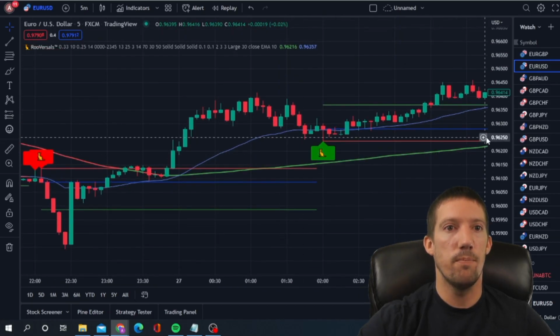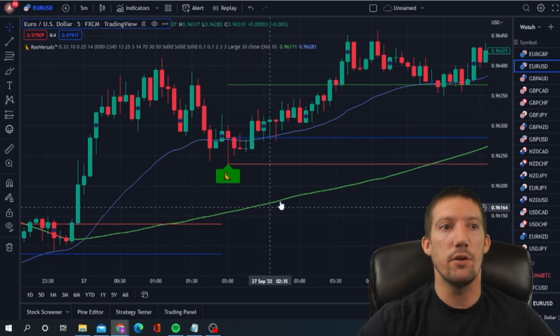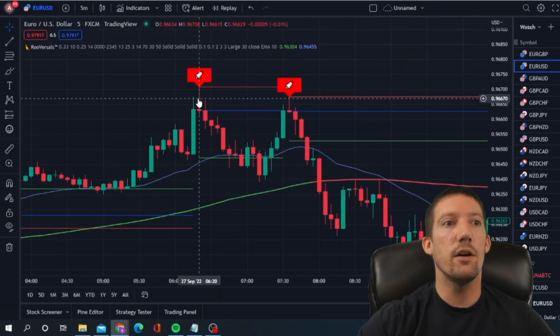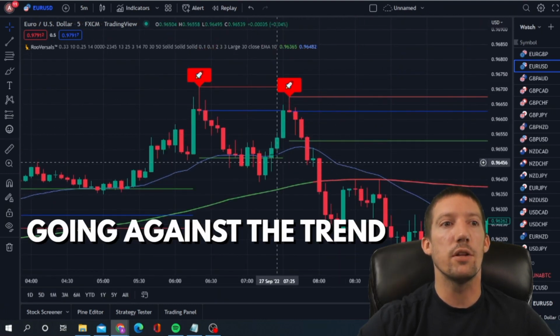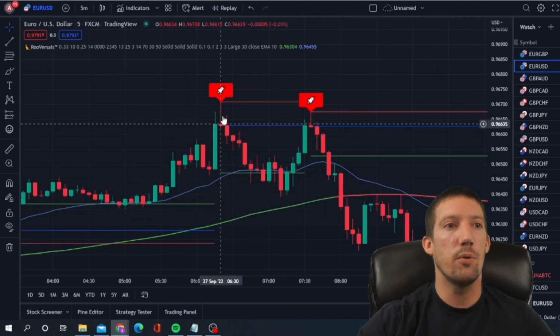Now we're starting to go up. Now this one, we would have hit the take profit right here because we are on green. So that means we are going in an uptrend. Now these ones right here, this is going against a trend, but it's also kind of evening out. So that would have been up to your discretion there, but we would have won that one and